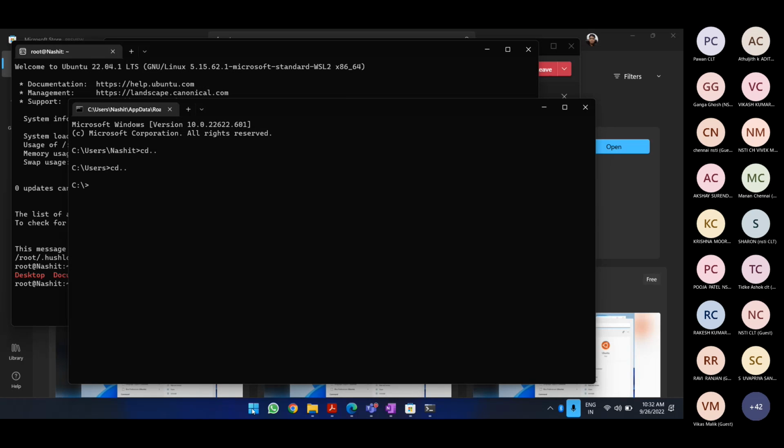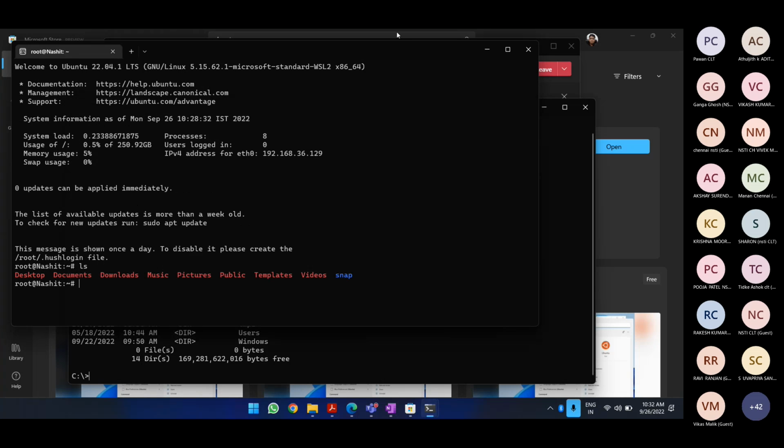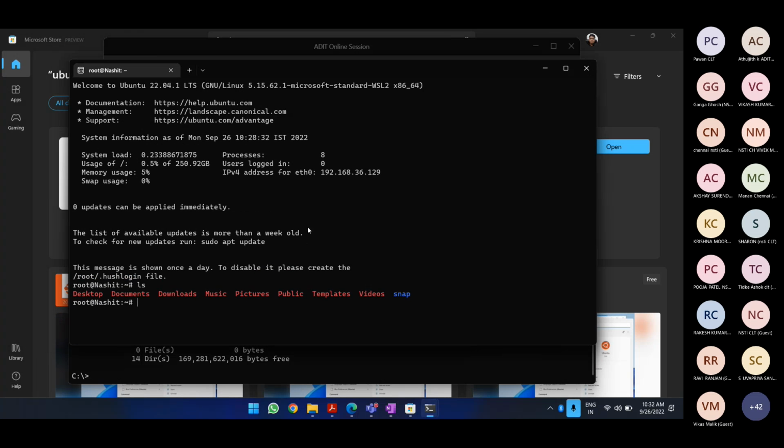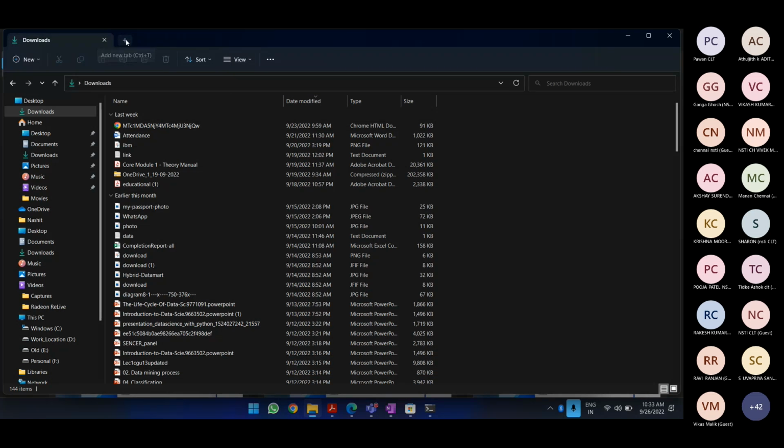Again we can have dir, which is comparable to our ls command of Linux. So we are in the Nashid directory, and we have desktop, documents, downloads, music, pictures, public, template, videos. These are the different libraries available.